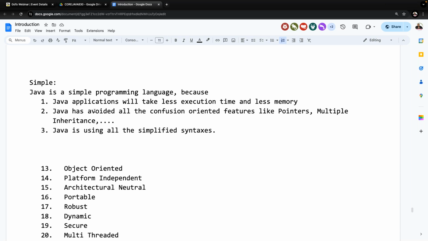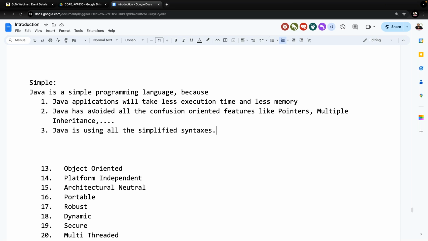But how do we know that? How can you come to the conclusion that this programming language is simple and this programming language is difficult? Understand my point? So all programming languages are simple programming languages only. But how can we trust this point? The point is, outside, no standard organization is available to certify that a particular programming language is simple or difficult. So how can you decide? The only way is to take the information the language provider has given. As per that, we have to fix that the programming language is simple.